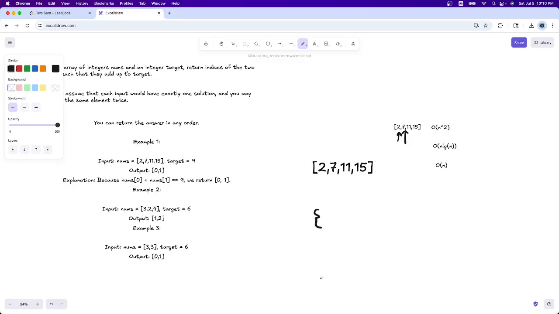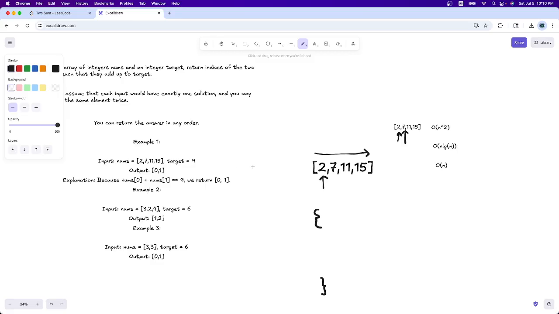Draw that here. And we're going to basically go through each element once. And at each element, we're going to start here at the 2. So we'll go through this first element,